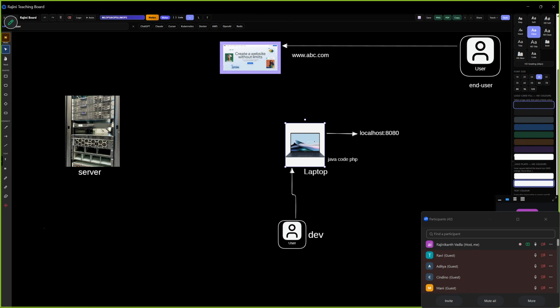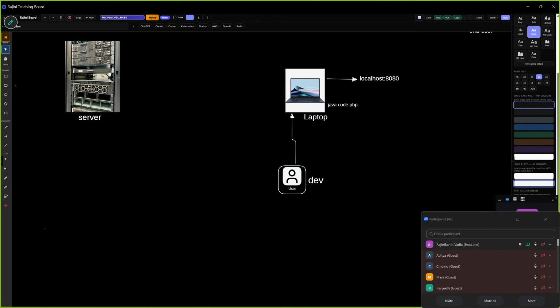A laptop is also a server, but it is a small server, a small compute engine. The server is actually only for compute purposes. So take this server as this box. This box is a very bare metal server. We use this technical term when nothing has been done on the server. It's very new, no installations, nothing. The new box, we call it a bare metal server.